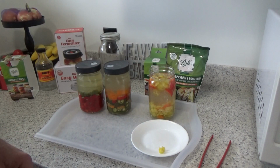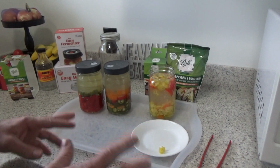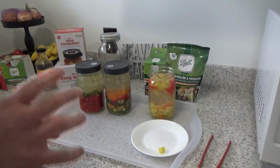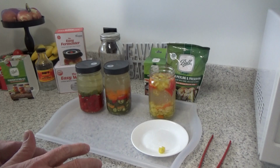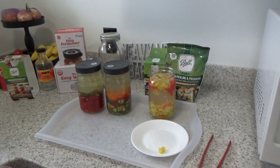Try that red pepper. Interesting. Okay. So it's really not... Boy, that was a little hot. It's really not as vinegary as I thought it would be, but I guess it just takes a little bit longer. If anybody has any suggestions on that, I think I'm probably going to...